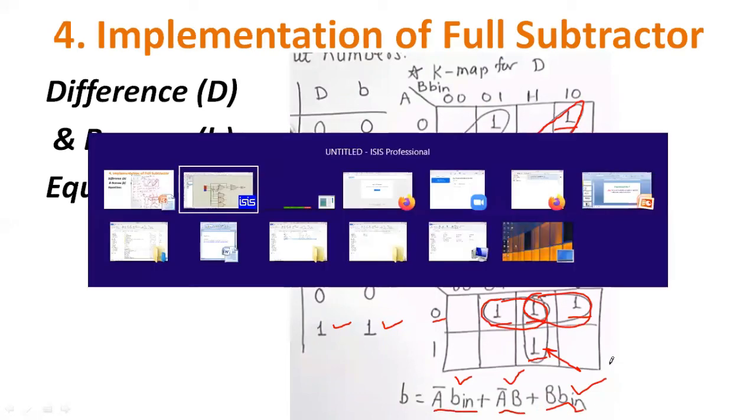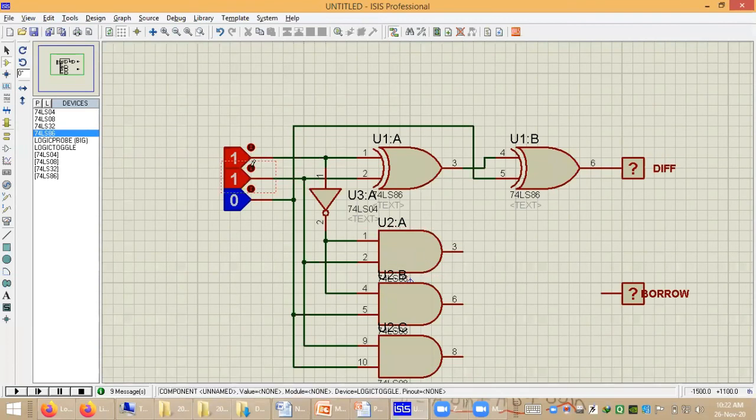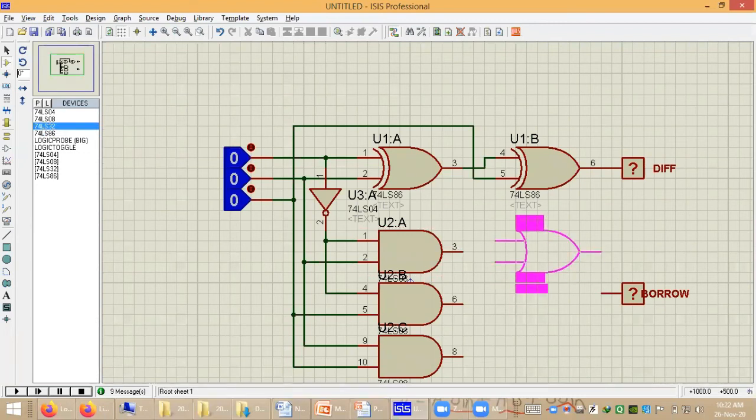So these three inputs are required. Finally, these outputs of the AND gates should be ORed, so we use 7432.